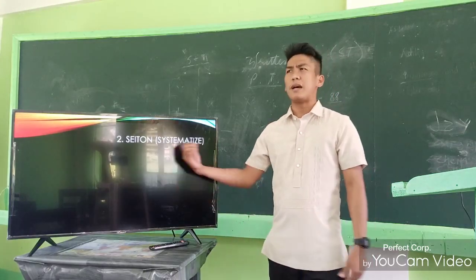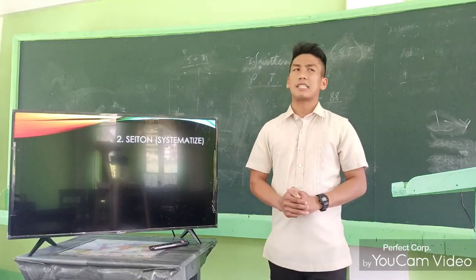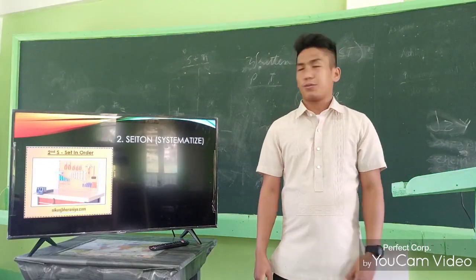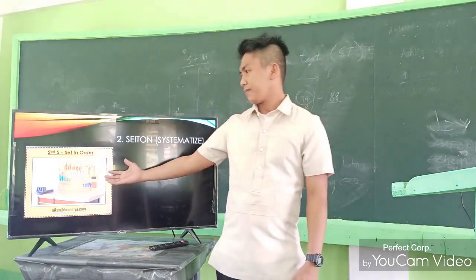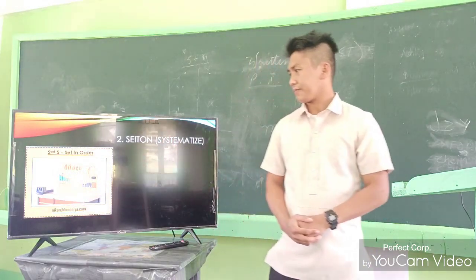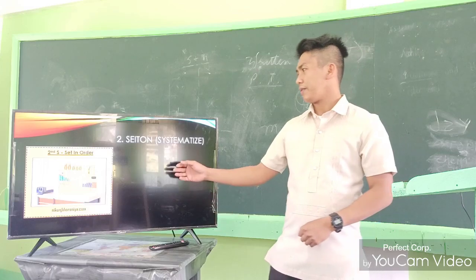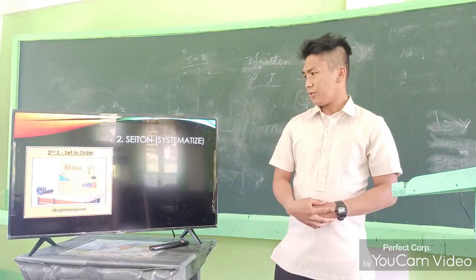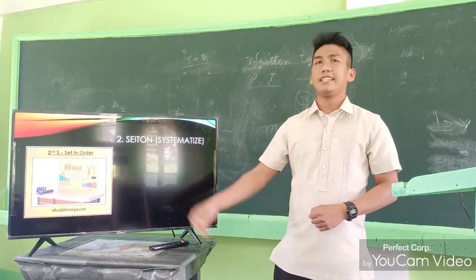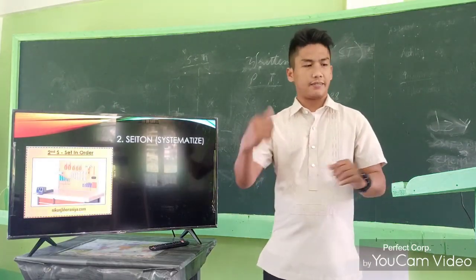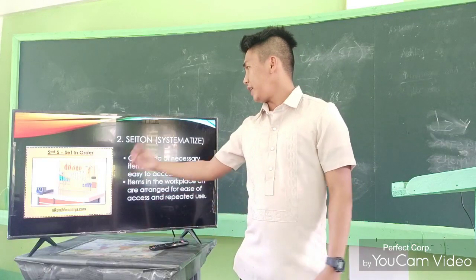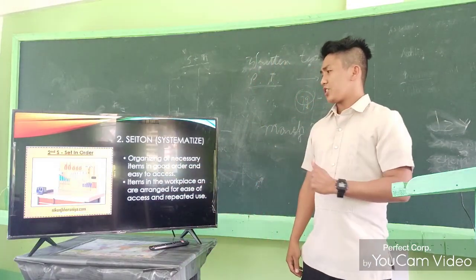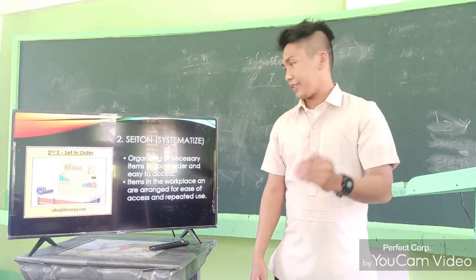What do you think is systematize? No? From the word system. So, it's a picture. What do you think of the picture? It's very organized, right? Very good. What do you think? Clean. Yeah, that's good. Clean. And the meaning of systematize or system is organizing of necessary items in good order